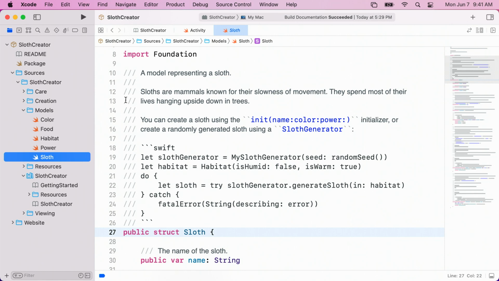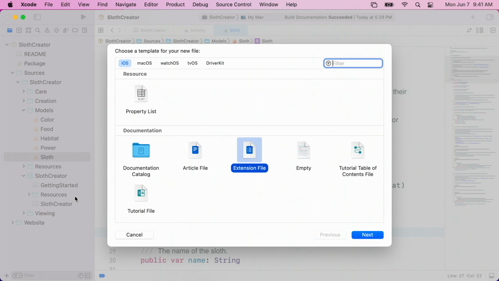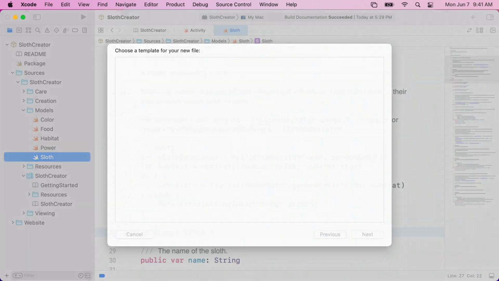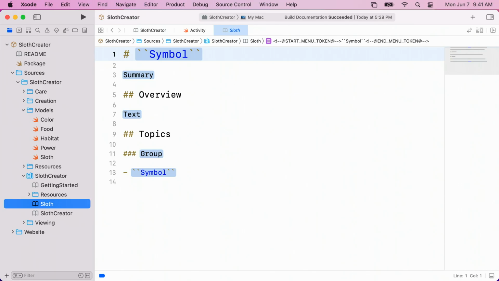In the Project Navigator, I'll right-click on the documentation catalog to add a new file. In the Template chooser, I'll select the extension file template and name it Sloth. Next, I'll connect the extension file to the Sloth type using a link in the title. I need to include the name of the module in the URL.